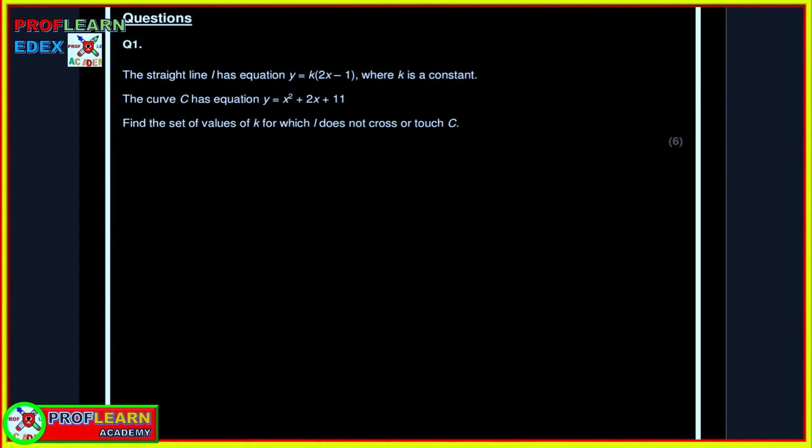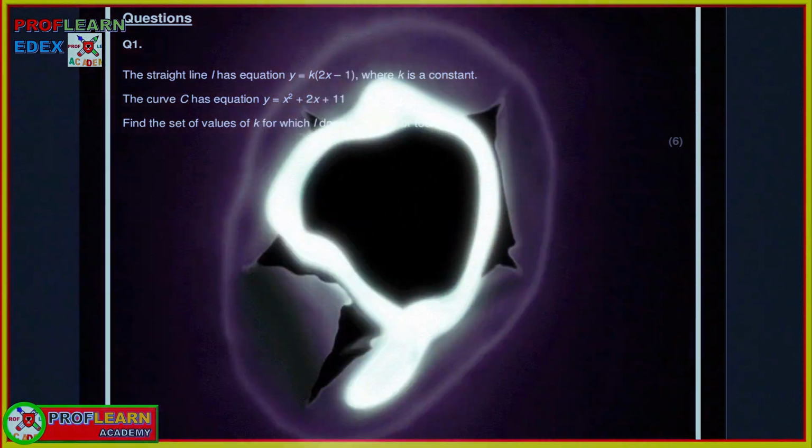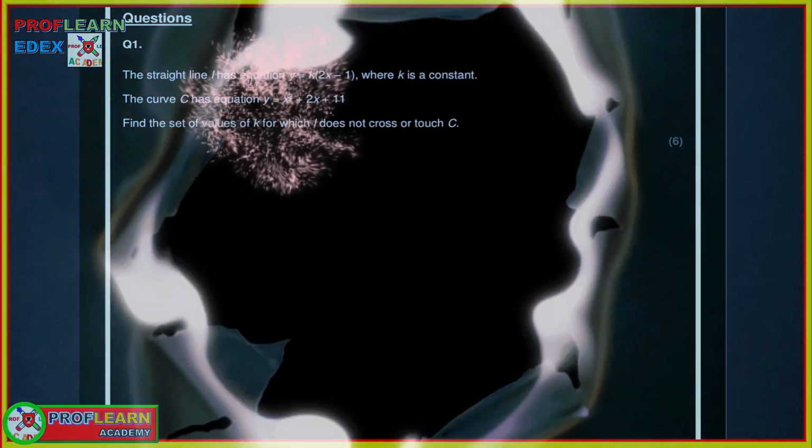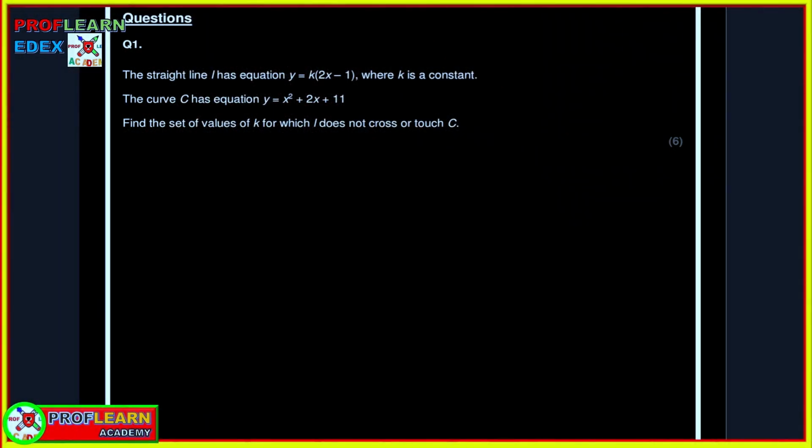Going to the first question, we are given a straight line L whose equation is y = k(2x - 1), where k is a constant, and we have a curve C whose equation is y = x² + 2x + 11. We're supposed to find the set of values of k for which L does not cross or touch